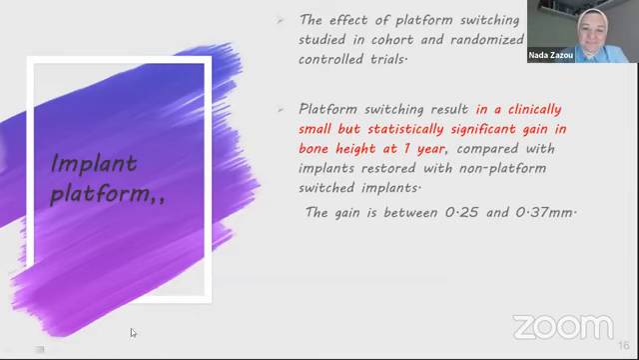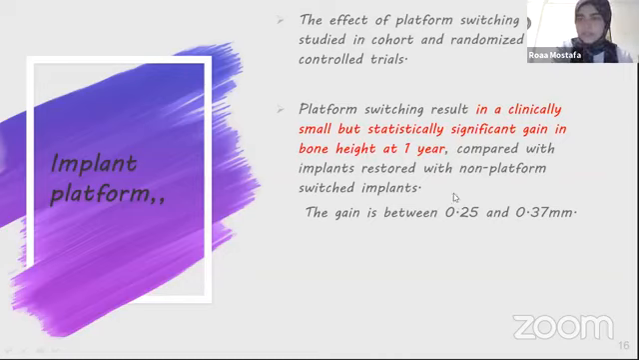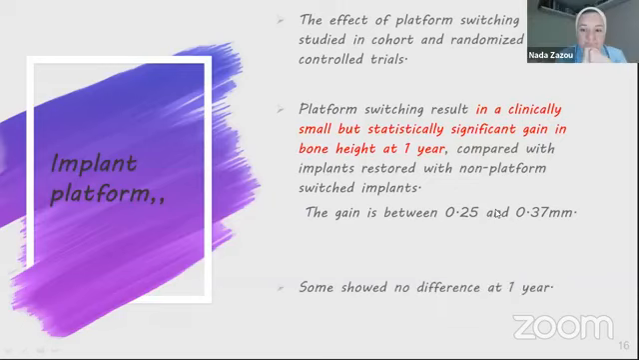There's a study that said that statistically, on papers, the amount of bone gain we have from the platform switched implants is high, but clinically it is small. When you have a gain of 0.25 millimeter or 0.3 millimeter of bone, on paper this is a great number, but clinically it's not that big. The first study said so. The second study said that there is